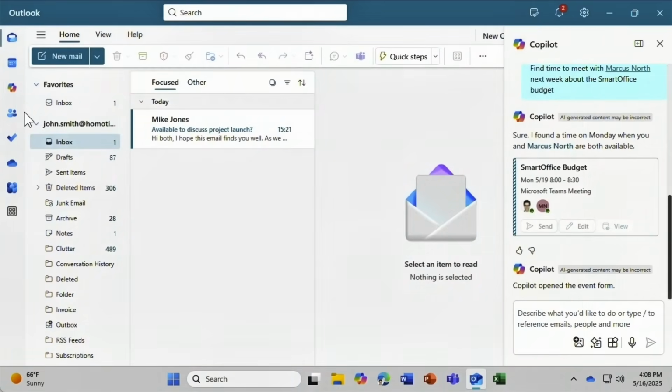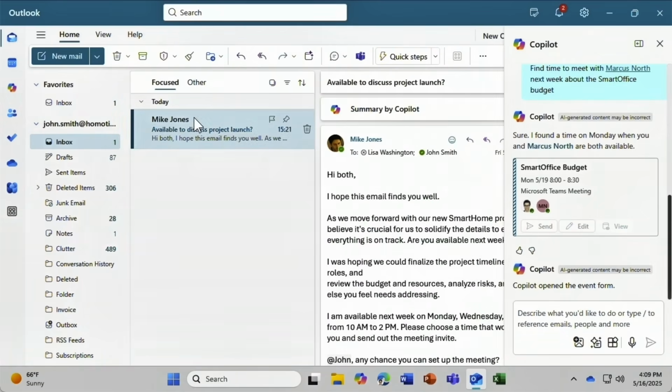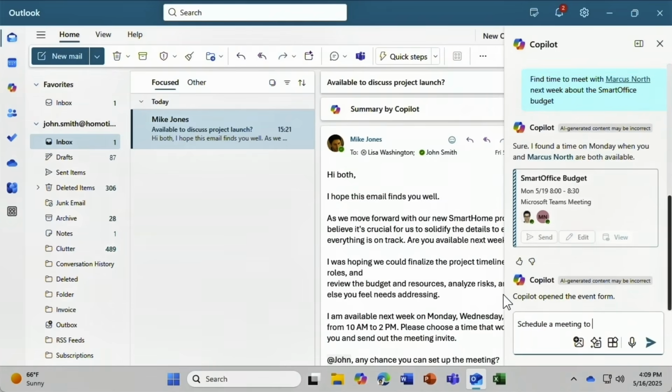With Copilot, it's even possible to schedule a meeting from an email. So in my inbox, I'm going to select this message to open it in the reading pane. Here, my colleague Mike Jones is asking about a time to meet to discuss one of our shared projects. In the pane, I'll activate my cursor in the prompt area and type schedule a meeting to follow up on